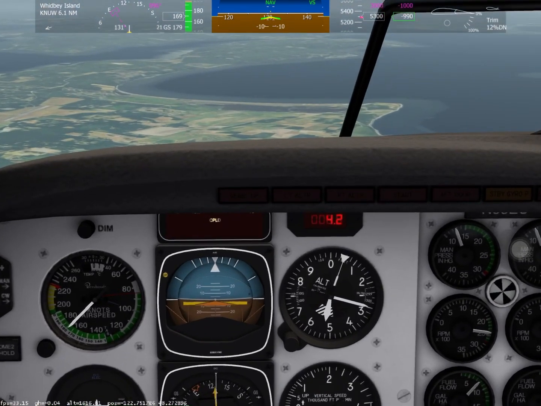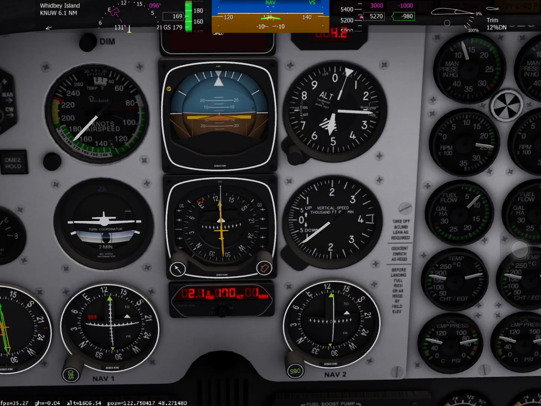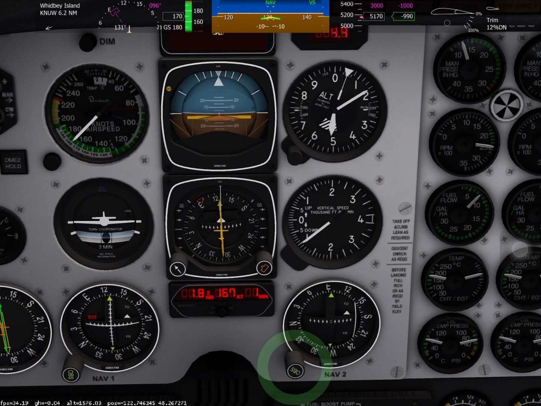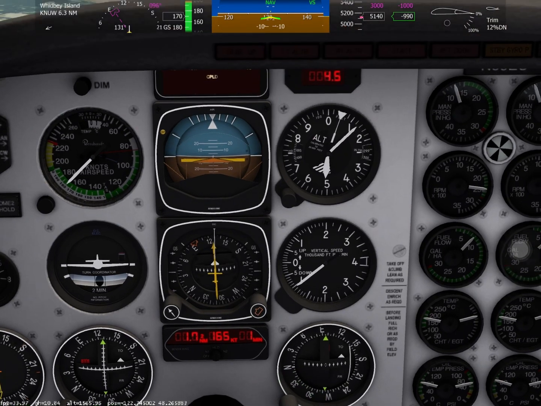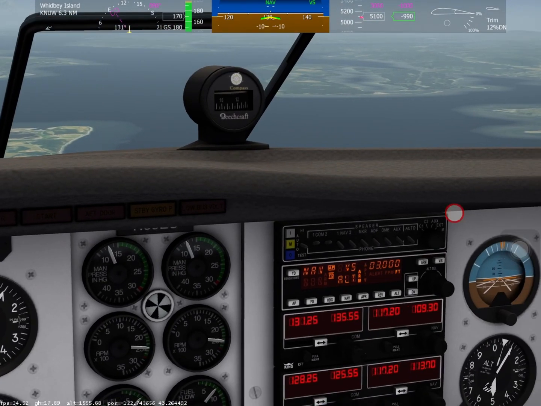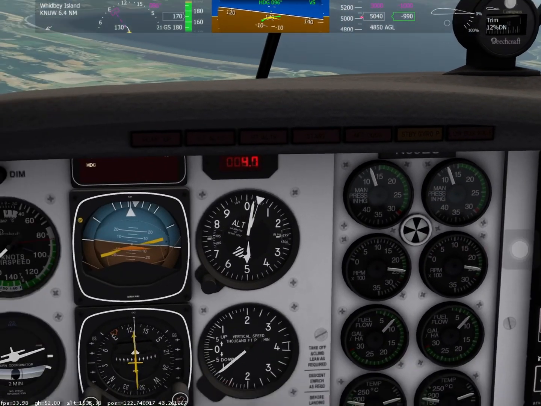About 2 miles out from CVV, so we're getting ready to hit our heading mode. Right now I'm twisting nav 2 to the course we're getting ready to fly. I'll explain momentarily. Let's hit our heading button. I already have